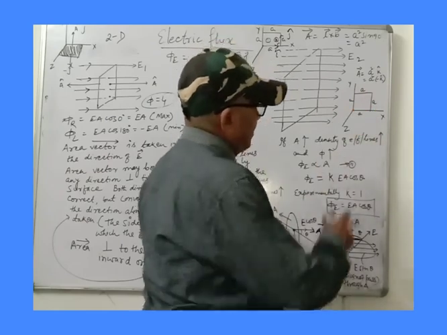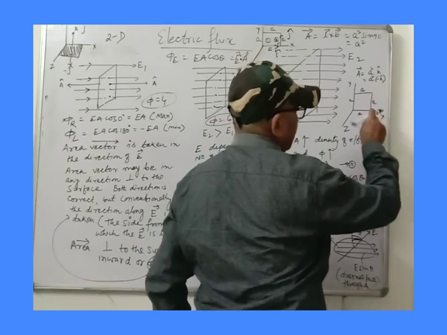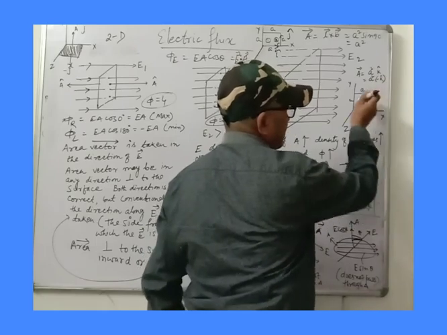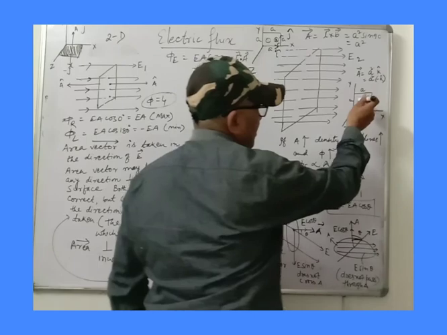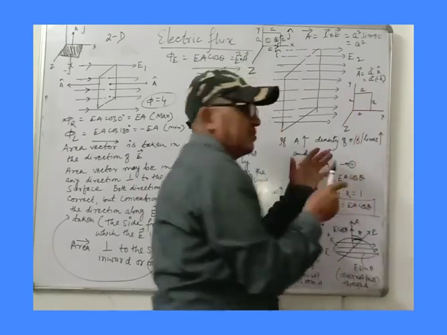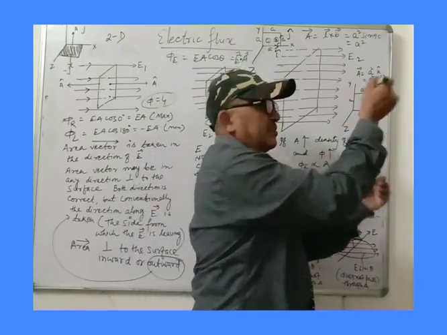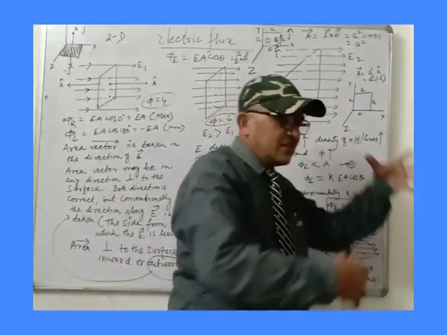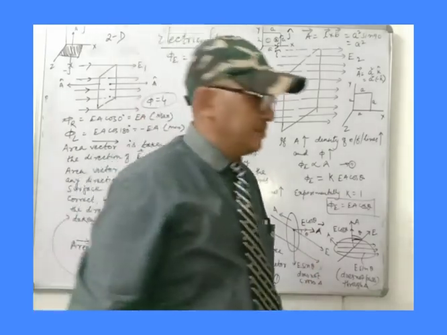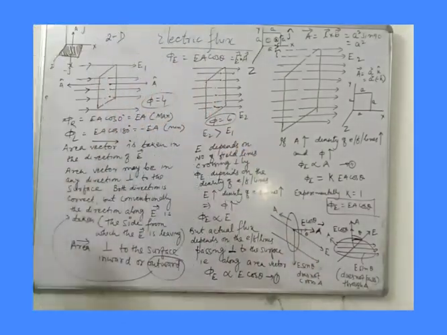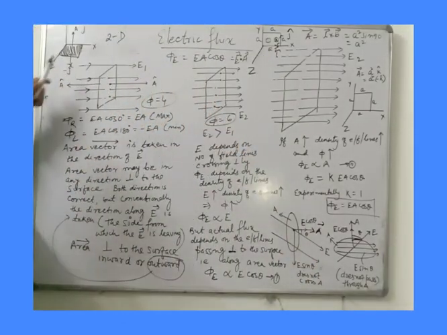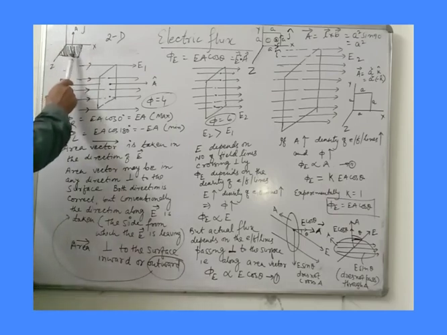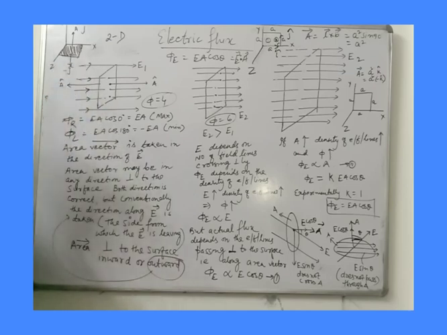Okay, A. Then this area vector will be outward. I have shown here only outward or inward. But once we take this direction as area vector direction, then throughout the sum we have to stick to the same direction. Now come here, x, y, z. Okay, this plane surface is in the xz plane.